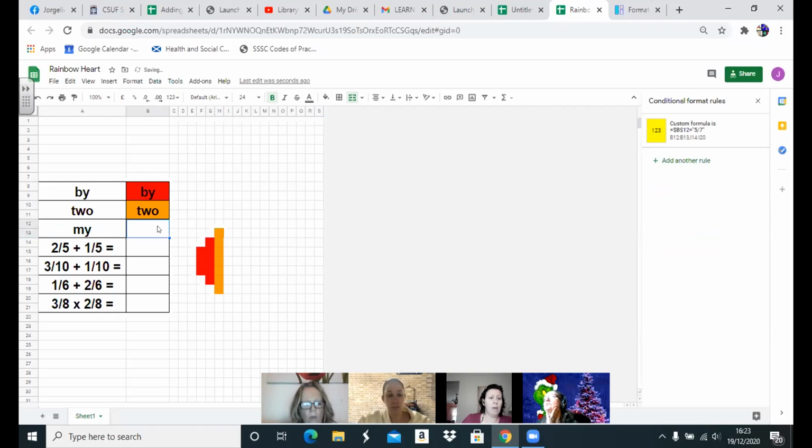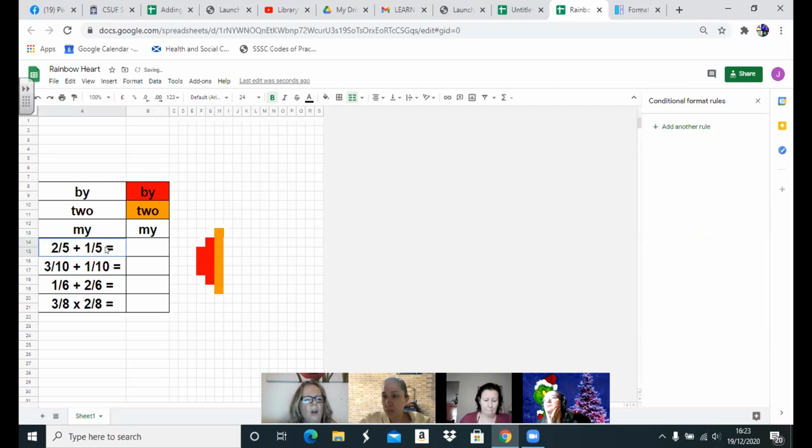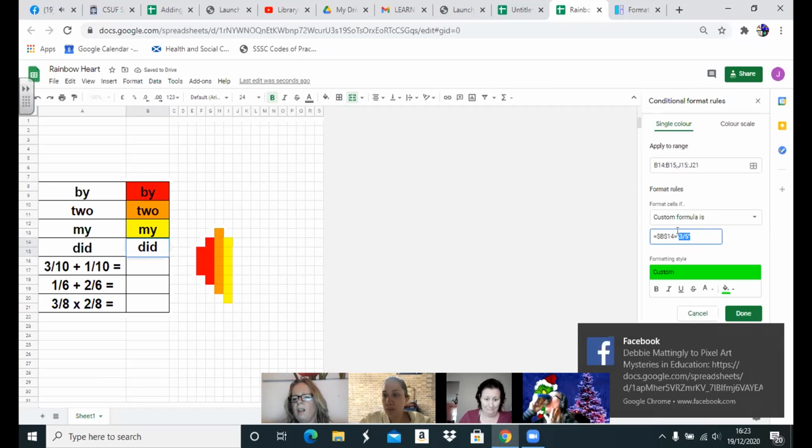And learning how to do this will open up so many possibilities for you, because there's so many people posting up great images and pixel arts, and you may not be able to use them because it's not actually what you teach or it's not your grade. Well, if you can learn how to do this, and I'm sure as I'm doing it, it is easier than you actually thought it would be, you can change